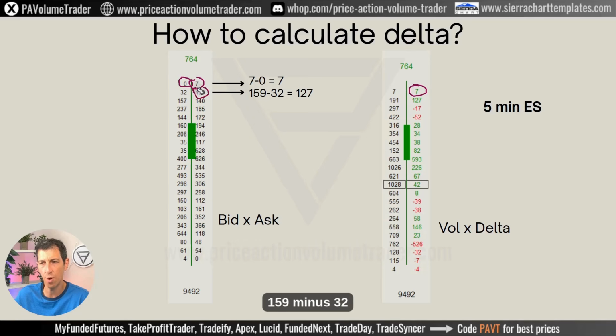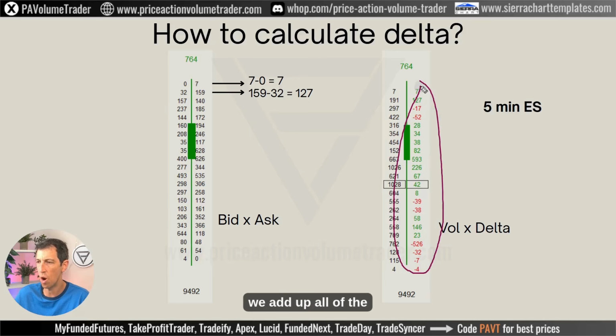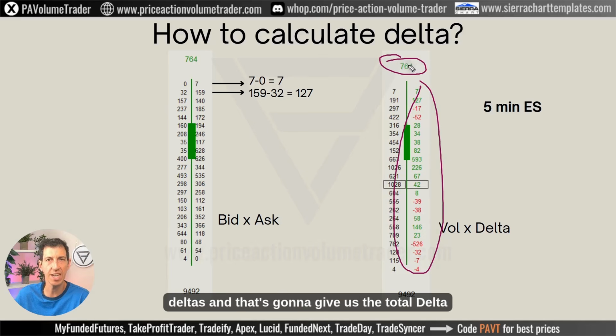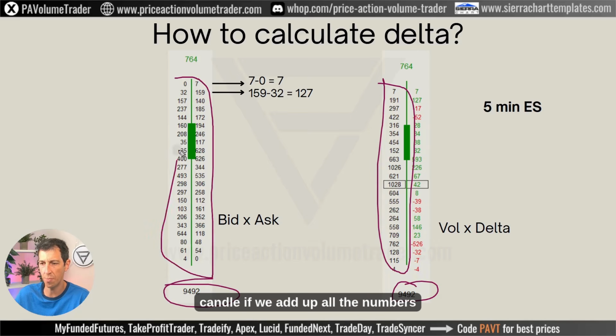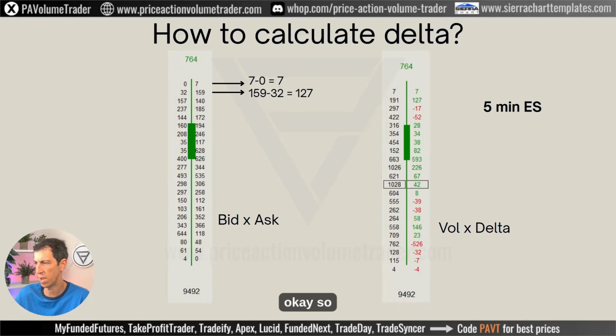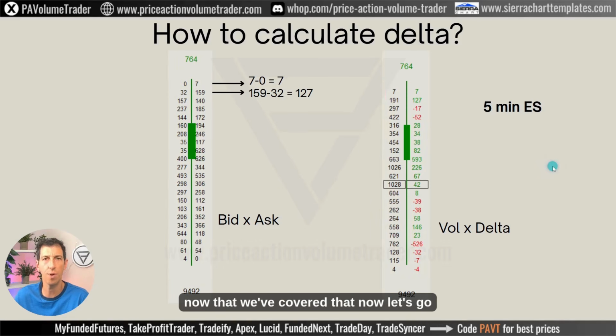Next one, 159 minus 32, 127 positive delta, total volume 191, etc. And then we just keep doing this at every price level. We add up all the deltas, and that's going to give us the total delta for the candle. And right here, the total volume for the candle if we add up all the numbers. Okay? So now that we've covered that,